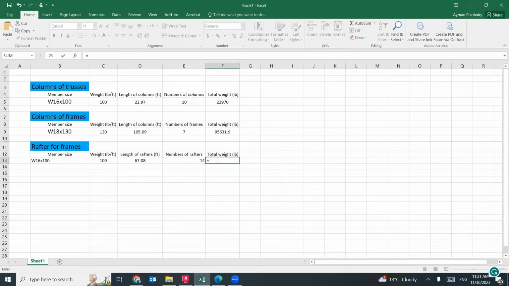So the total weight needed for this rafter will be this weight times the length of one rafter times how many rafters you have. I will need 93,912 pounds. Does that make sense? The next part